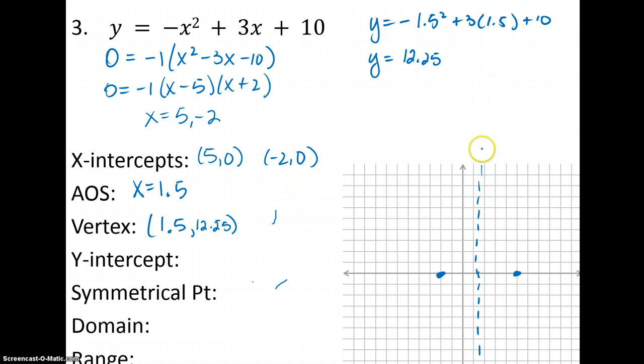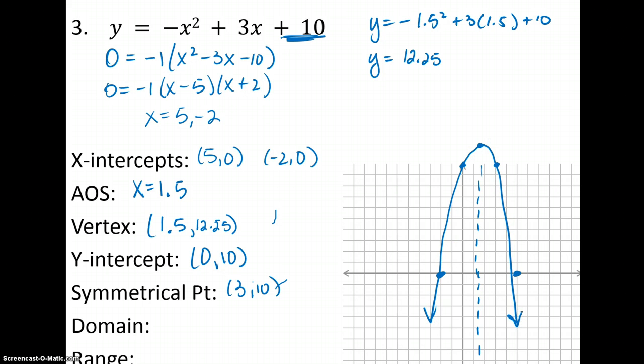So when I graph that, it's going to be off my grid a little bit, so I'm going to go ahead and throw it up there, or I could have changed my scale. So my y-intercept is at 0, 10. This time I chose not to plug it in, I just used this c value up here. So 0, 10 is right here, which gives me a symmetry point at, remember this is 1.5 spaces away, so 1.5 spaces the other way is at 3, 10. And there's my parabola. That looks great. It's opening down like I expected. I have the domain of all real numbers. This time the range is y is less than or equal to